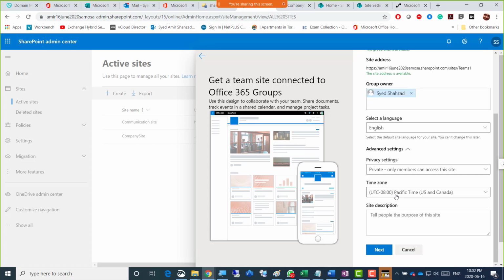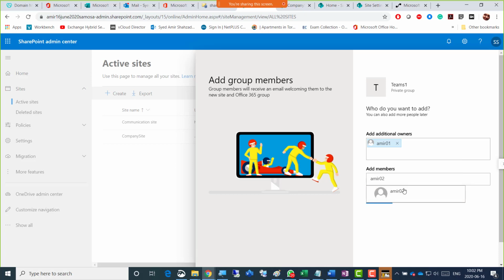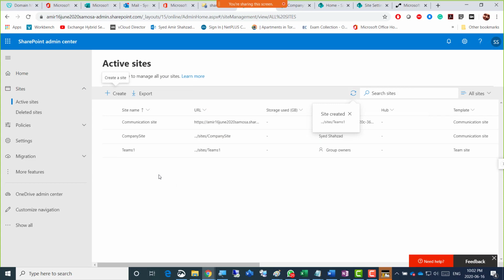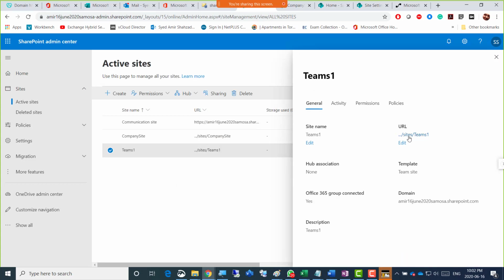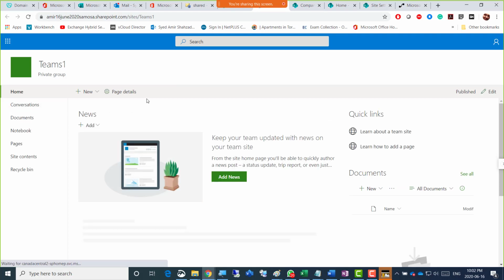If I click next, it's going to ask for additional owners and add members. I don't need to, but okay, because it's going to have members in Teams as well. Then this is a private group, and create. Then I go to the team site URL, and it's working with the teams there.